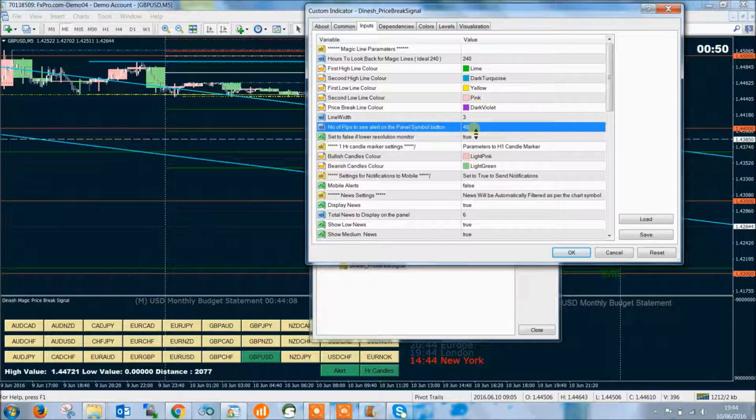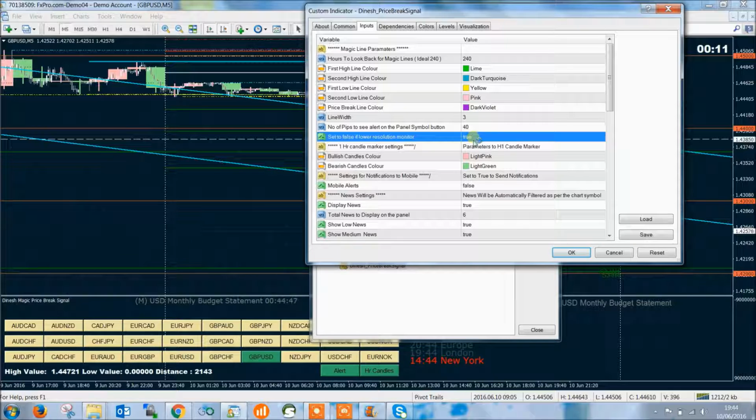So why is this used? This is mainly used to prepare yourself, go to the chart, open the chart and have a look at the market structure. Where is the M line forming from, is it from the previous hour or is it coming from more than 4 days? How to see the left price movement, and what is the structure of the market at that point of time? Is it trending, or is there any M pattern break or W pattern break? All that kind of information to get ready to go for a trade is helpful, just because the button color is changing. So it's just a signal appearance for us to go and have a look at the market structure, that's all. If you're using a low resolution monitor, just set it to false, and it will auto-adjust itself to fit everything into one screen.